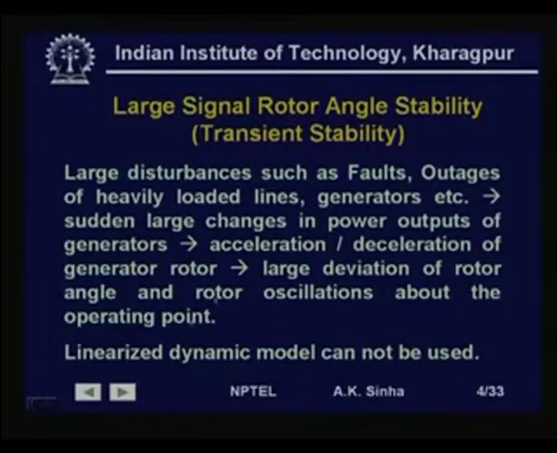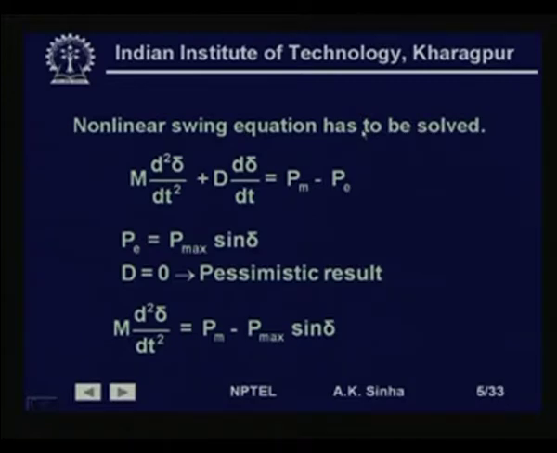we have large deviations which take place in the system when large disturbances occur, which means that the linearization of the electrical power characteristics, that is P is equal to P max sine delta, is no longer feasible, and we have to work with the nonlinear swing equation. That is, linearization of the swing equation in this case will not be feasible because the delta angle changes are very large and we cannot linearize the equation anymore. So, a linearized dynamic model cannot be used in this case. That means we have to use the nonlinear swing equation,